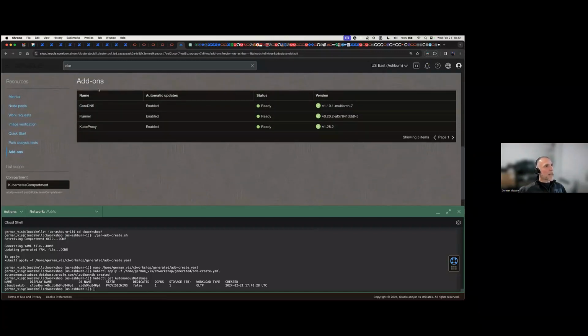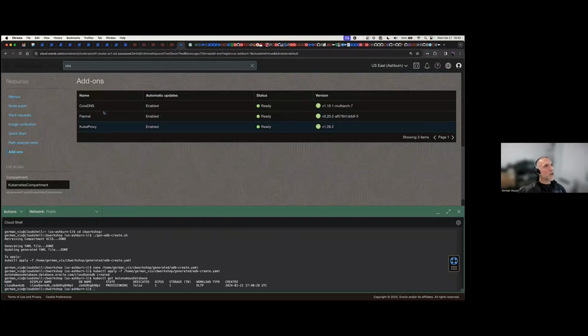And you can, for example, add the cert manager that we added via command line, and you can add OraOperator that we added via command line. So you can also do this via UI if you want to say, okay, I have my cluster within OCI, and I want to install cert manager and OraOperator via OCI, just the UI.